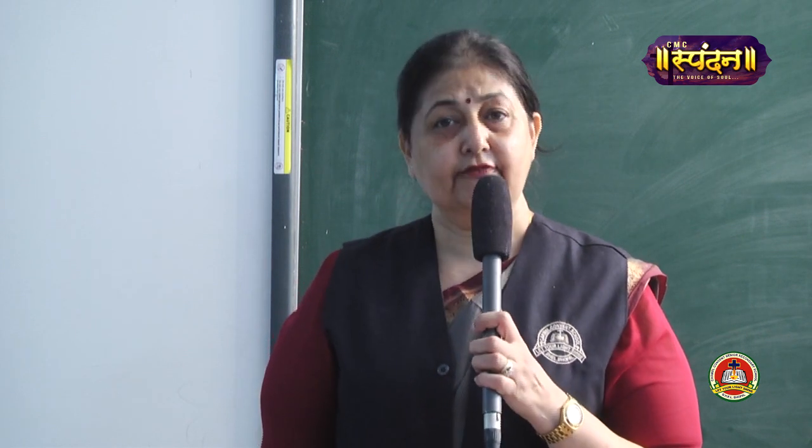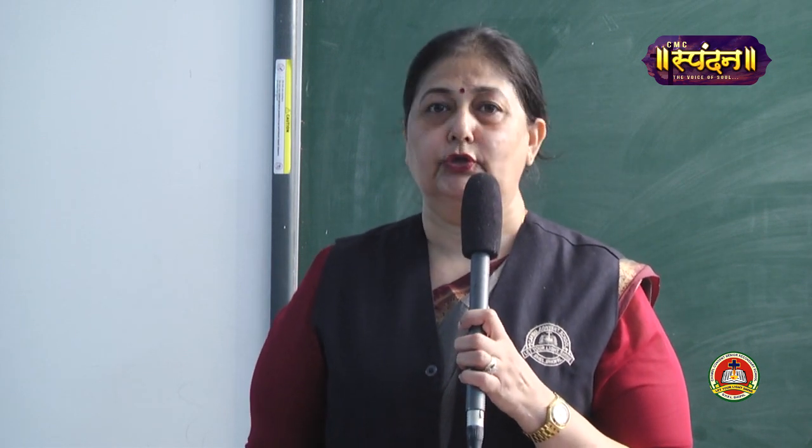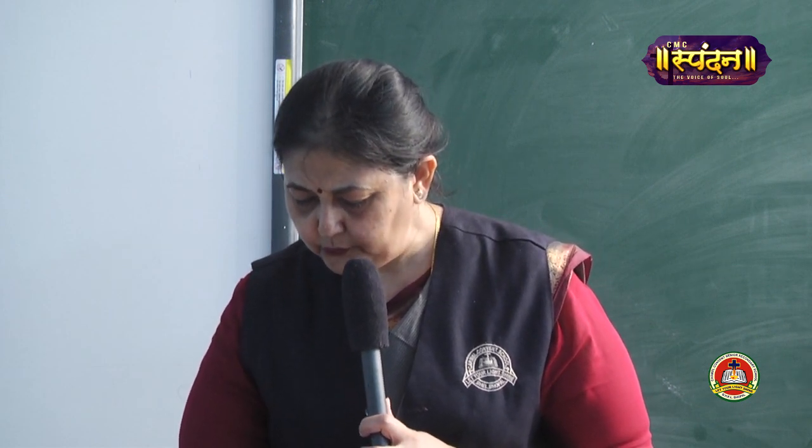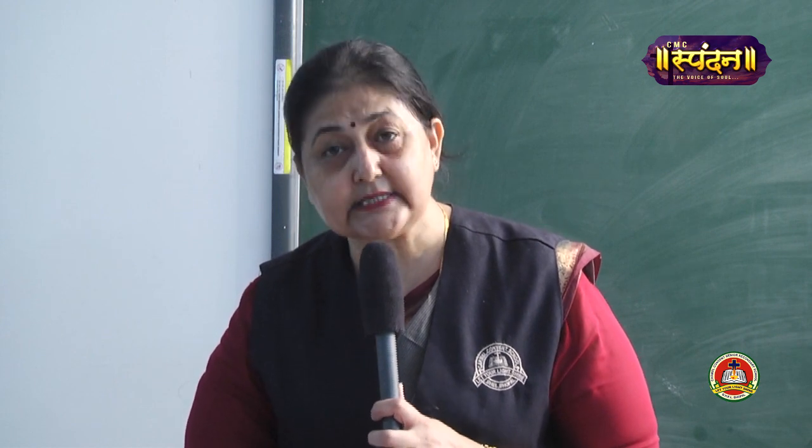Alright? Every map has got 4 directions. The north, south, east and west. Alright, children? Now, we will read the directions. Maps use 4 main directions to tell us how to locate places. They are north, south, east and west. Spread a map on the table. The top direction is the north, the bottom position is the south, the direction to the right is the east, and to your left is the west. These directions remain the same for all the maps. Alright, children?